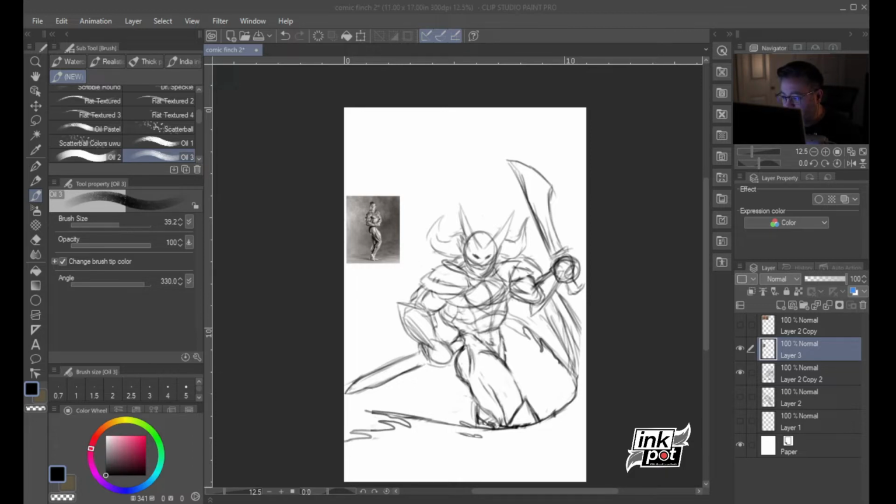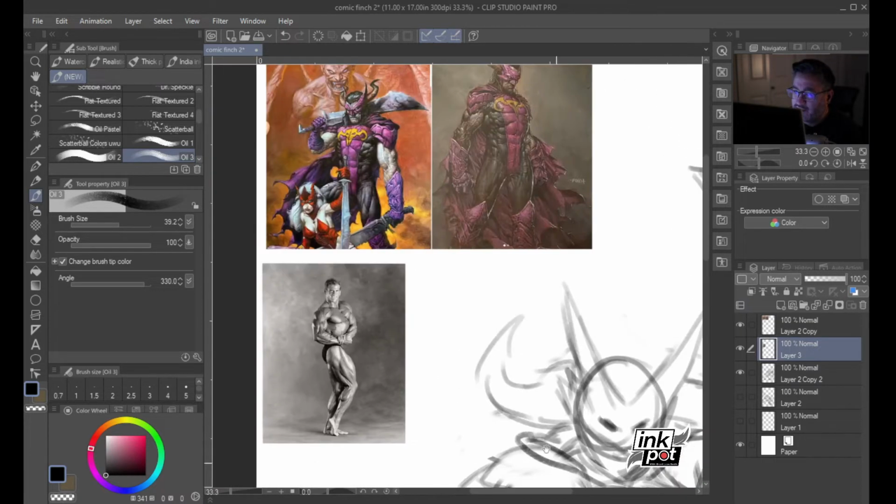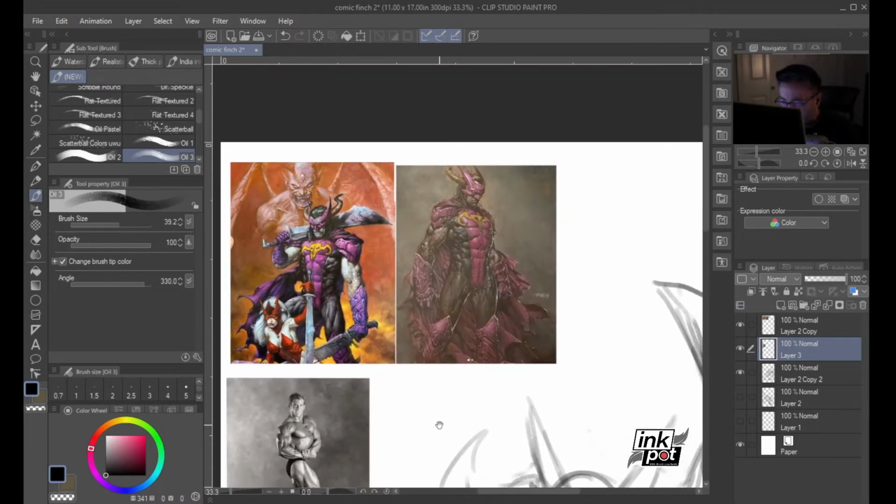Just quickly did a sketch. It took a while actually, didn't even pose the way I wanted, but we got something. And what character is this? I'm not sure of the name. It's David Finch's. I've been watching his live streams. He's recently had one with